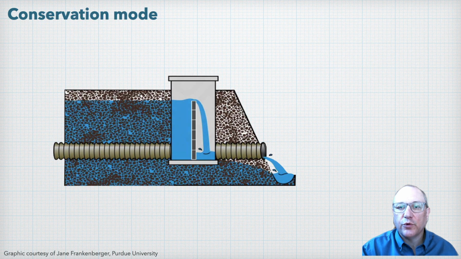In conservation mode, water flow through the structure is controlled by stop logs or the opening and closing of a gate valve. For stop log structures, the stop logs are the same width as a control structure, with typical heights of 5 to 7 inches. As water passes over, the stop log acts like a weir. The flow through the structure is now controlled by the height of the water above the top stop log and the effective length of the stop log. Gate valves will act as orifices, so orifice flow equations will apply.